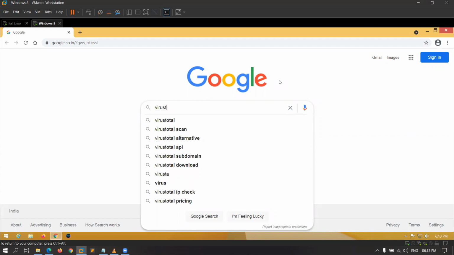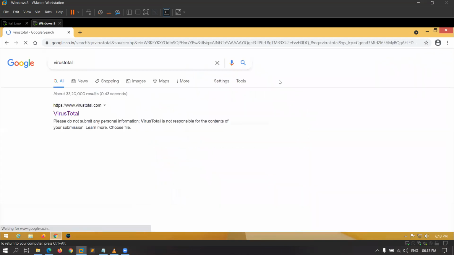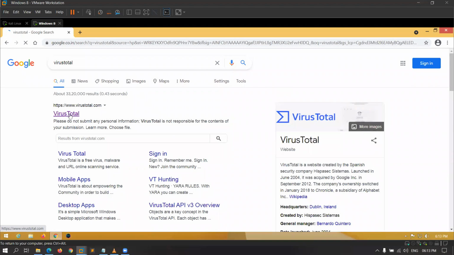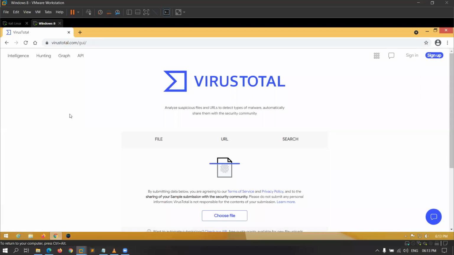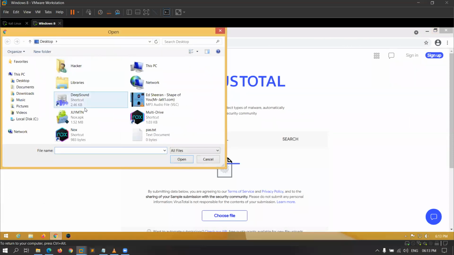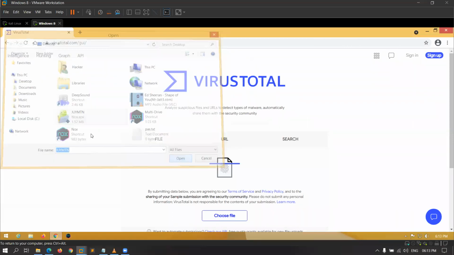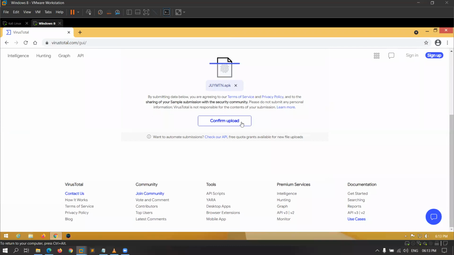Even if you are using cracked versions of lots of apps, like if you are going to use a Truecaller cracked version, a Netflix cracked version, or any kind of cracked version, then you have to upload that file on VirusTotal to make sure whether it is malicious or not.